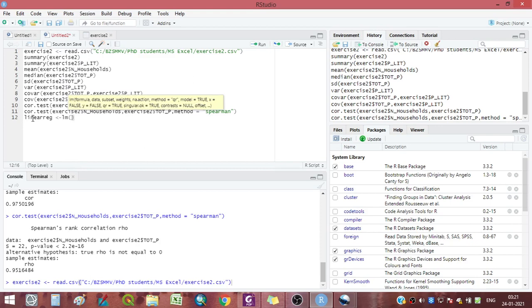Okay. And inside LM, I take the variables. Now, what are the variables? First we have to put the y variable, which is the dependent variable, and then the x variable, that is the independent variable. So here let's assume that the number of households is the dependent variable and total population is independent. So here what I'll do is write, let me see if I can directly get the data, whether this is possible or not. If I want to write TOT